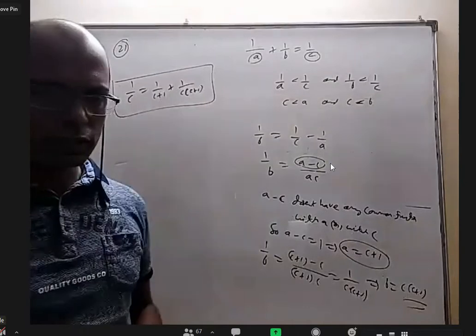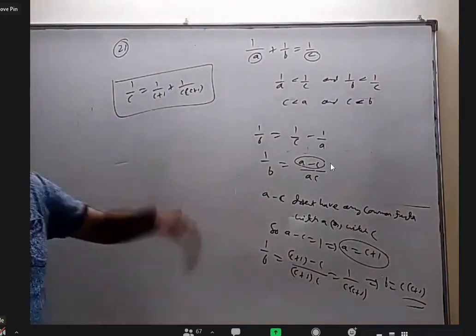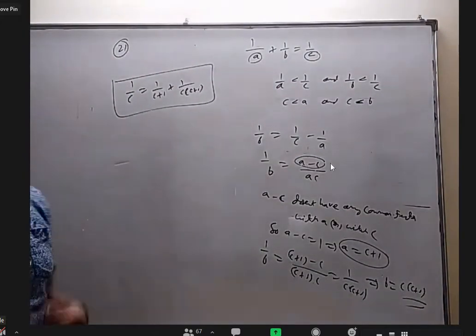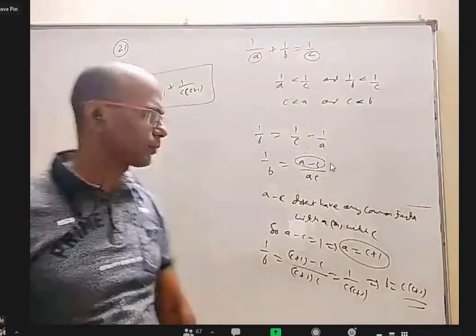Okay, so one thing is understanding those standard results in terms of natural numbers. Another thing is that it comes from this formula. And one more thing to prove is, this is the only formula. There is no other formula like this for reciprocal of natural numbers like this, provided A and C don't have a common factor.